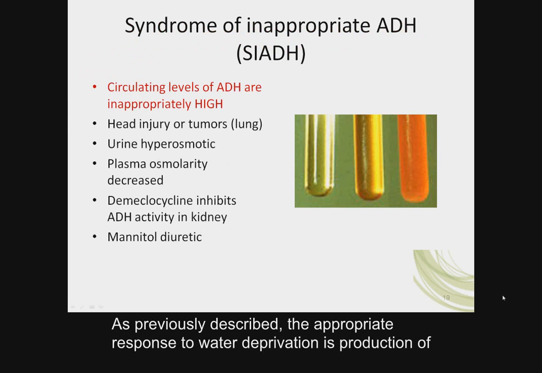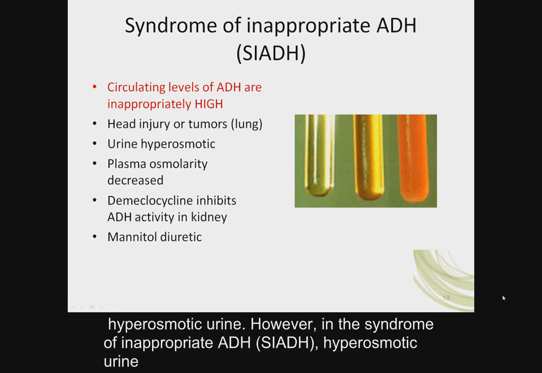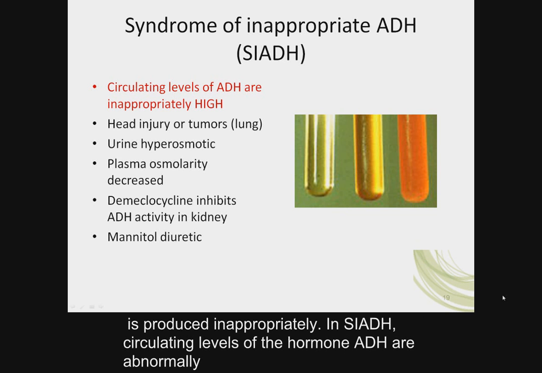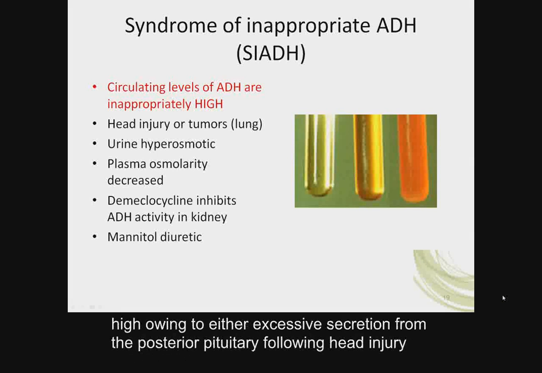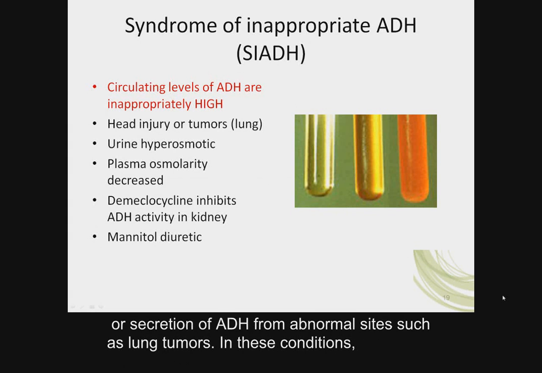As previously described, the appropriate response to water deprivation is production of hyperosmotic urine, shown here in the far right picture of the 3 urine tubes. However, in the syndrome of inappropriate ADH, or SIADH, hyperosmotic urine is produced inappropriately. In SIADH, circulating levels of the hormone ADH are abnormally high, owing to either excessive secretion from the posterior pituitary